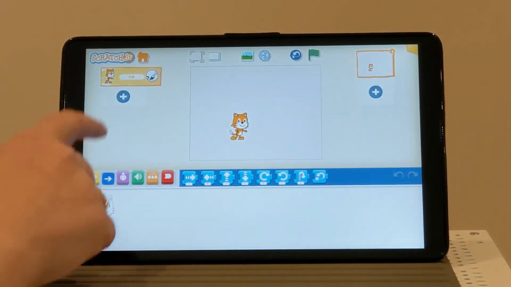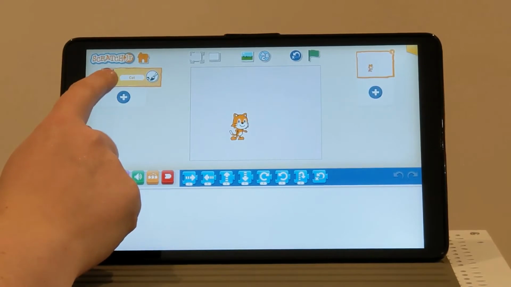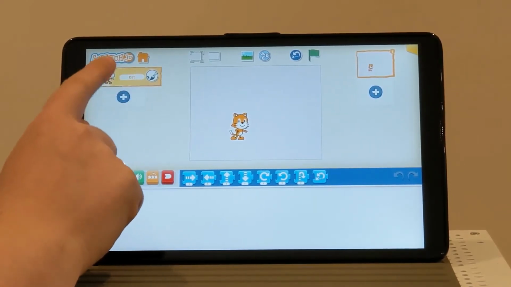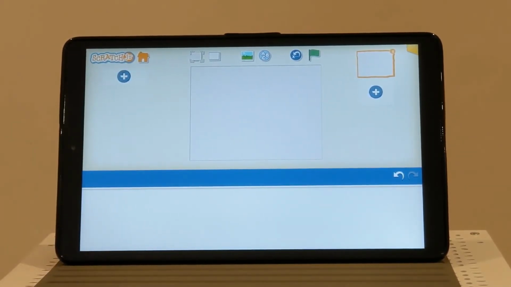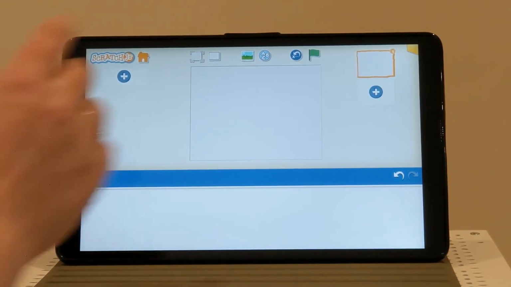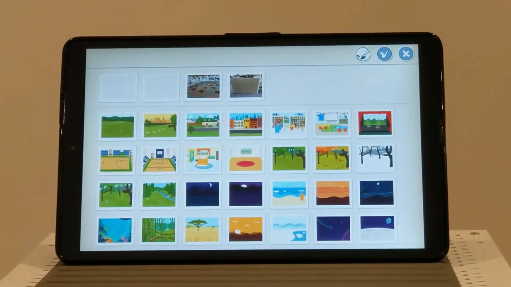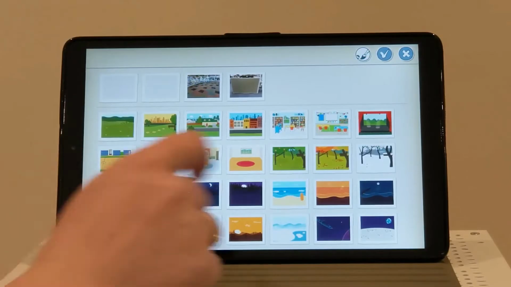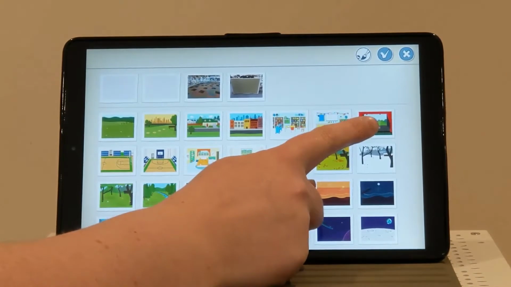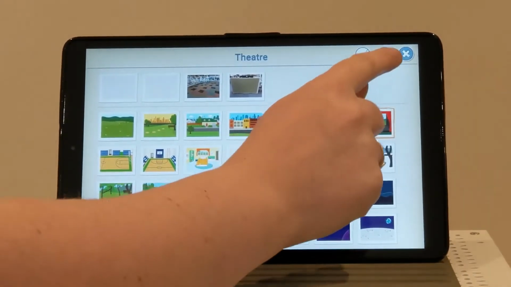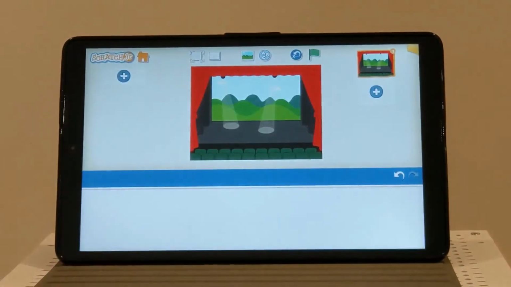But for this project, we're actually going to get rid of that one. So you're going to hold down on where the character is here and press the cross button. So we're starting with a blank canvas, and we're going to start with a background. Up here, this little square here, we'll click on there, and we're going to choose a background. Today I think we're going to do a bit of a dance competition. So we've got a stage over here, might click on that one and press the tick,